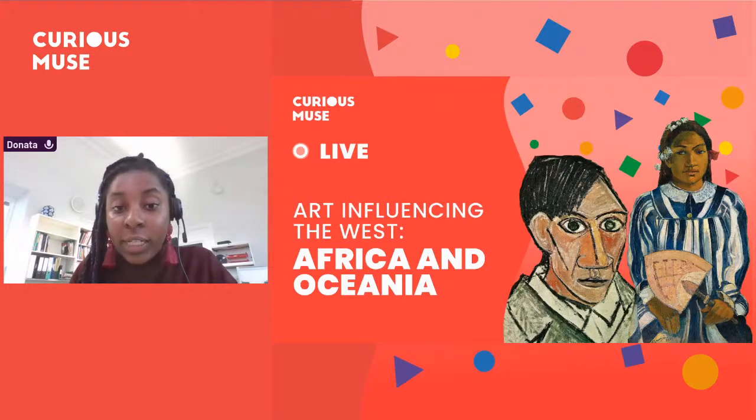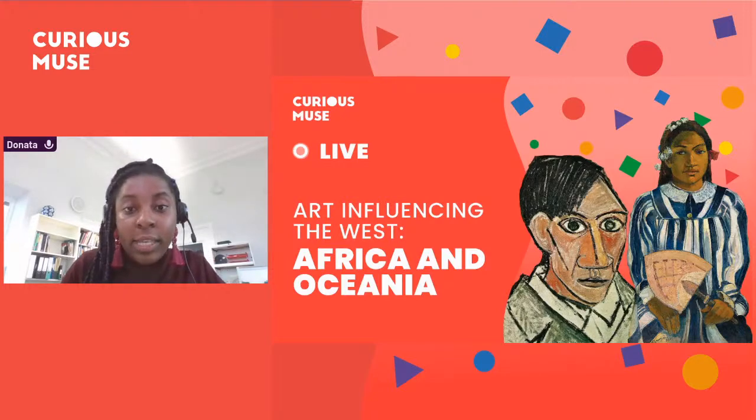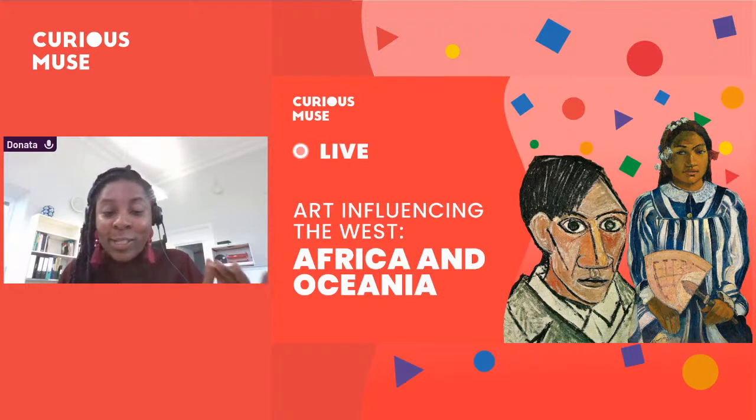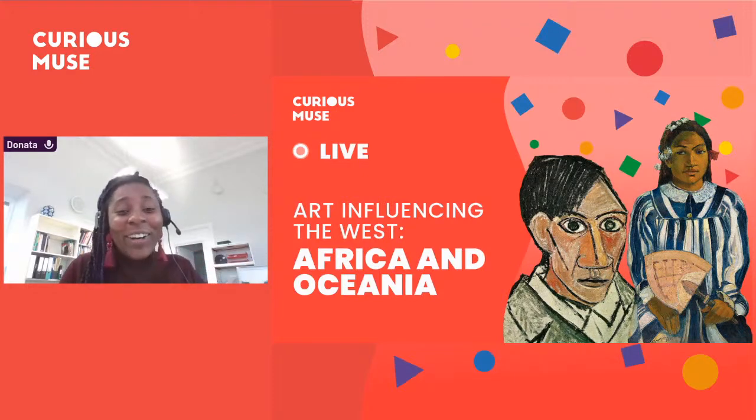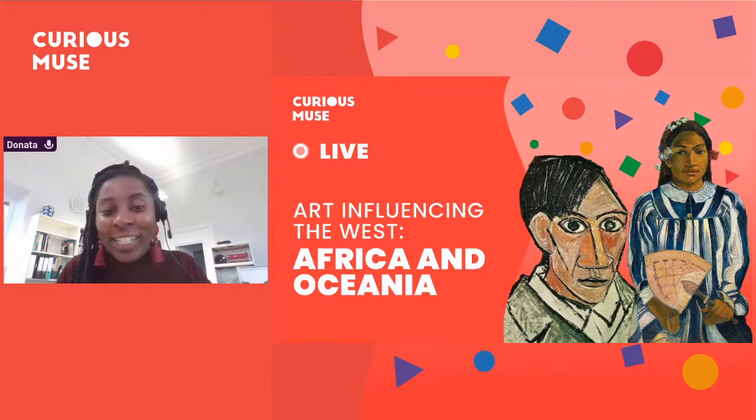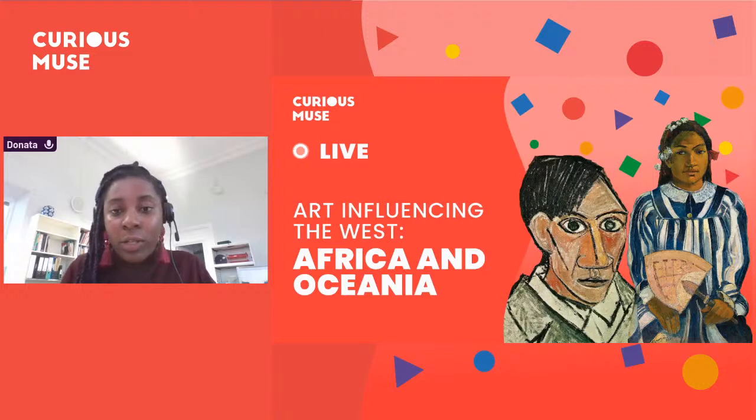So, as I just mentioned, a few contemporary artists have been inspired by Africa and Oceania and have been really problematizing Picasso and Gauguin and other works that we see. I really just gave a brief overview of Picasso and Gauguin's work, but I encourage you to dig deep and find out more about the different artists on display across the world. Cool.